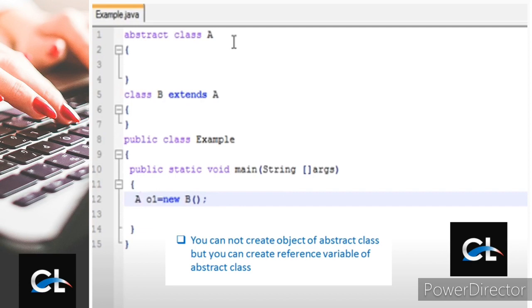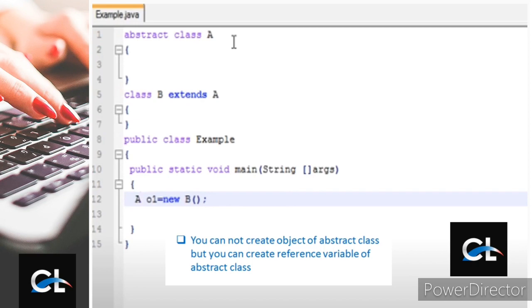If I write class B extends A, and after that if I create a class like example void main string args, now if I am going to create an object with respect to the superclass, we cannot create it, but we can create the reference variable of abstract class.